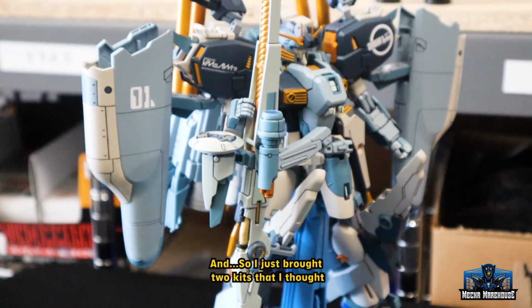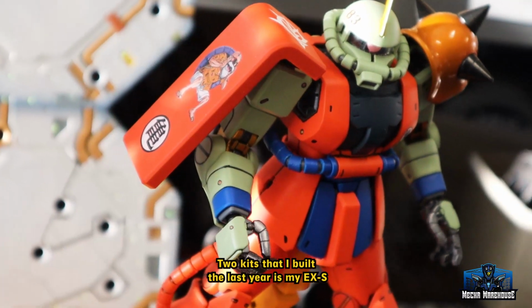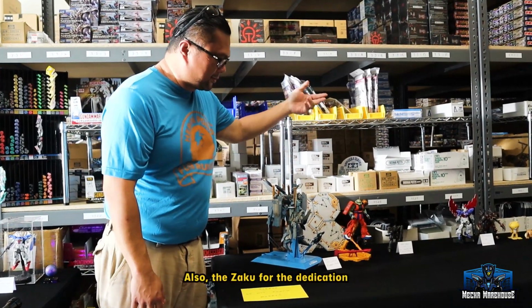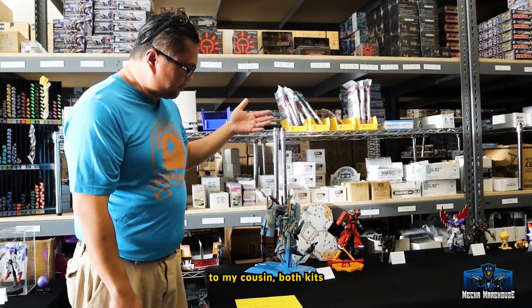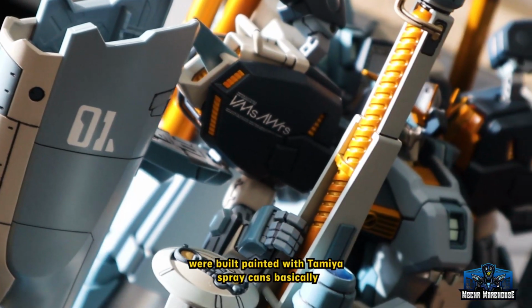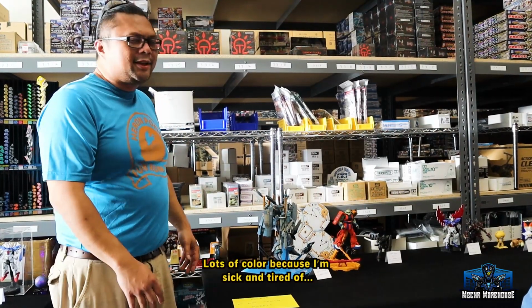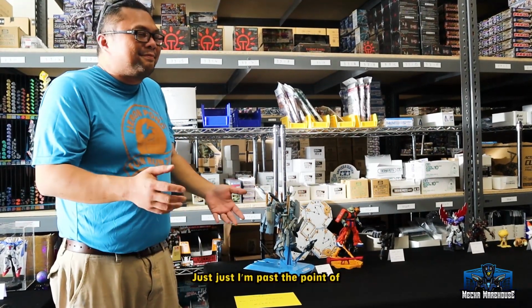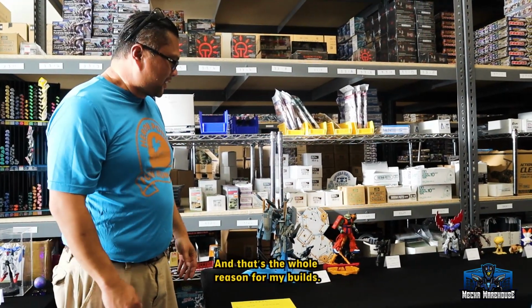So I just brought the two kits that I felt were easier to transport, of course. Two kits that I built last year are my XS and also the Zaku DBZ, a dedication to my cousin. Both kits were built and painted with Tamiya spray cans basically. I just wanted to bring color. There's lots of color because I'm past the point of having just standard colors, and I just wanted to customize, and that's the whole